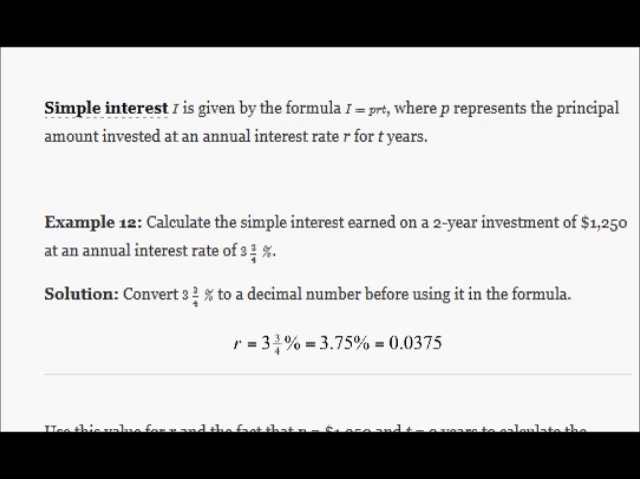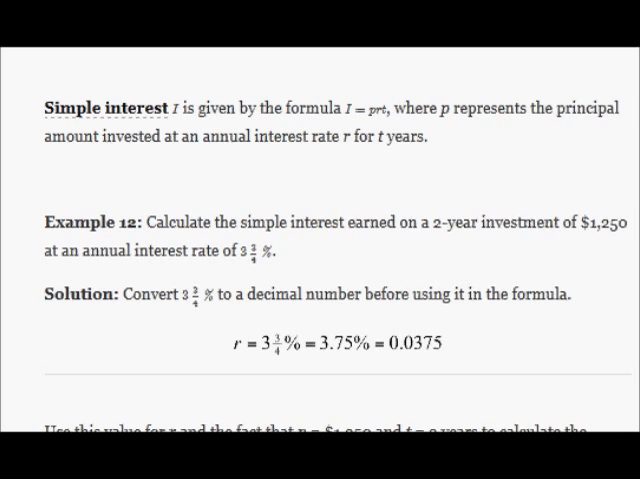Okay, we're going to convert 3.75% into a decimal number before using it in the formula. 3.75% is 3.75 divided by 100, which equals 0.0375. So